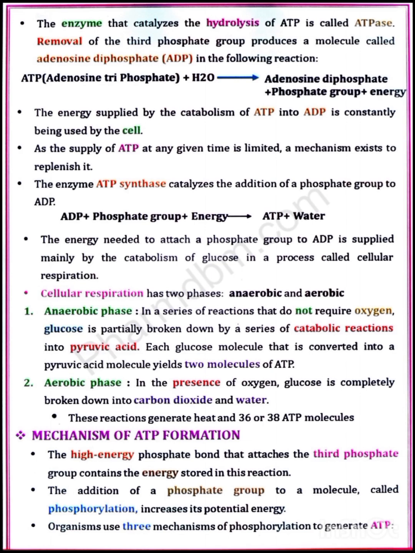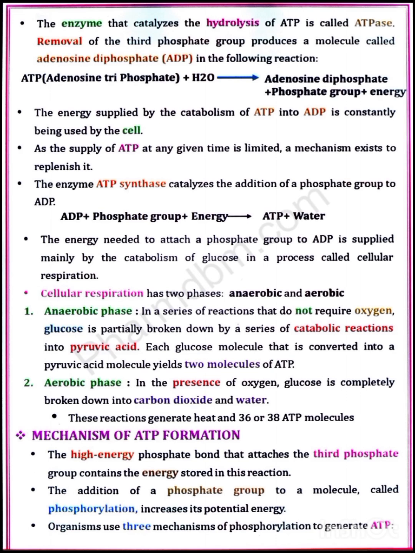The energy supplied by the catabolism of ATP into ADP is constantly being used by the cell. As the supply of ATP at any given time is limited, a mechanism exists to replenish it. The enzyme ATP synthase catalyzes the addition of the phosphate group to the ADP. ADP plus phosphate group plus energy gives ATP plus water. The energy needed to attach the phosphate group to ADP is supplied mainly by the catabolism of glucose in a